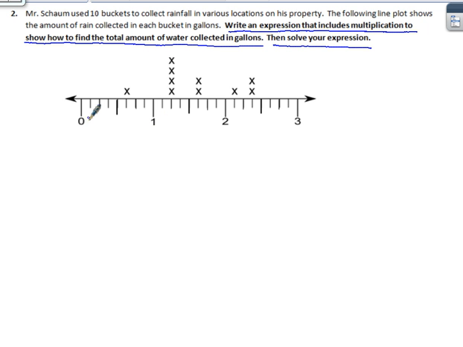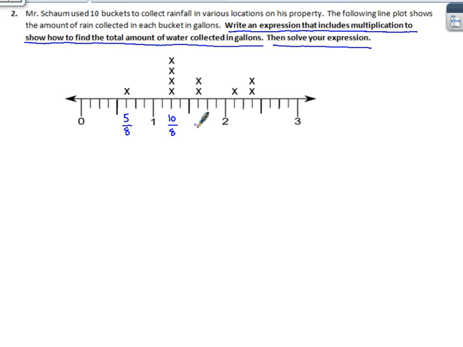Now we could go through and label this 1/8, 2/8 through the whole thing, or we could just count and only label the ones that are shown here. So 1/8, 2/8, 3/8, 4/8. This X would show me 5/8. 6/8, 7/8, 8/8. Now I'm going to make it an improper fraction because it's above 1. 9/8, 10/8,